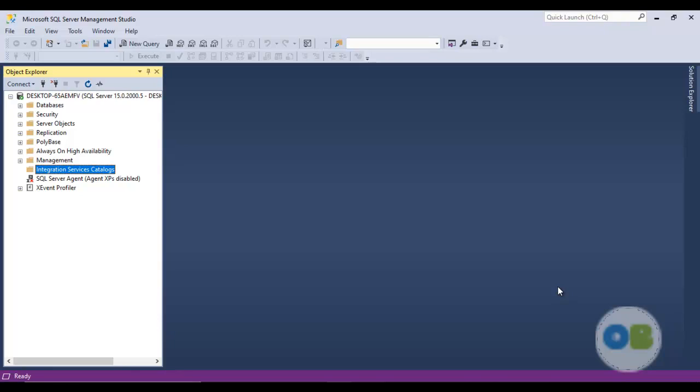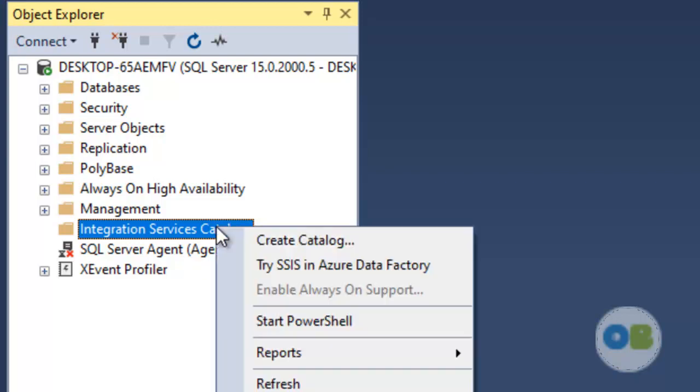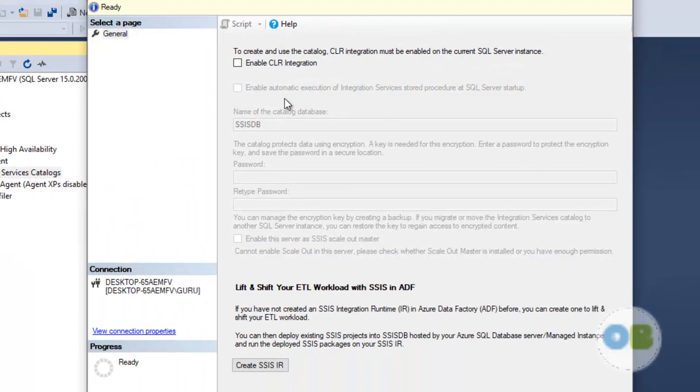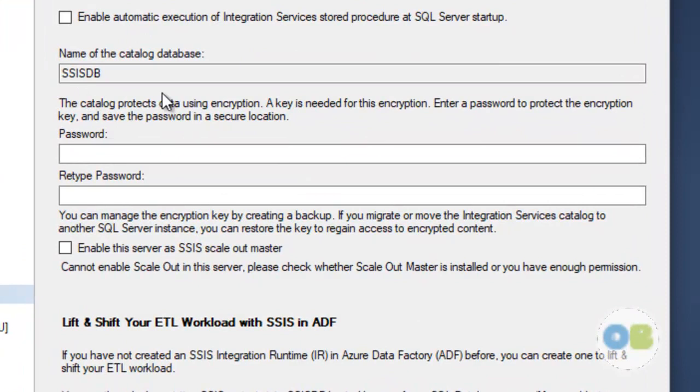The first step is to create the catalog here. Right now we don't have any integration services catalog, so let's create that. Right click, create catalog. On this screen you have to enable the CLR, that is Common Language Runtime Integration. Your catalog name is SSIS-DB, and for the password you can give anything.